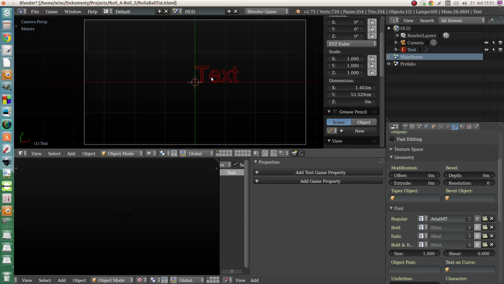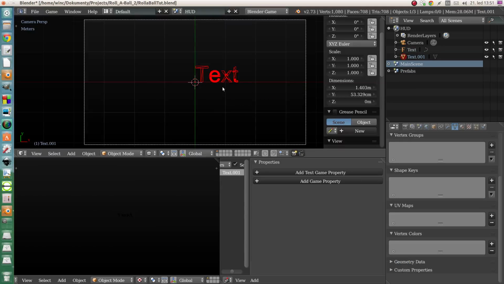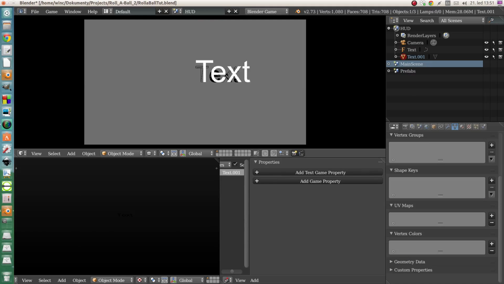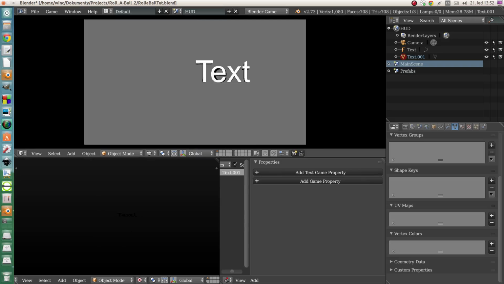I am using a weird method to figure out the scale, so I will just duplicate the text, and with Alt C I will convert it to mesh. So in the Blender game engine it's exactly how it looks in the editor, but I can't change it with simple Python, so I will use it just to figure out the scale of the text. So if these two will match,